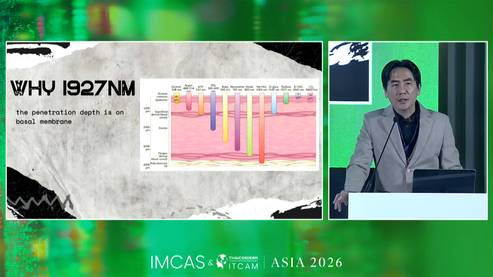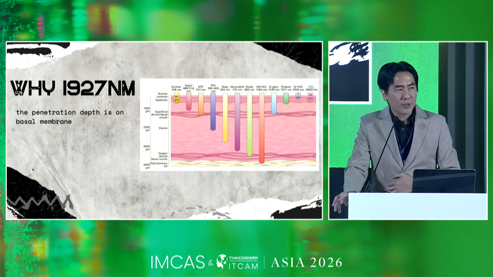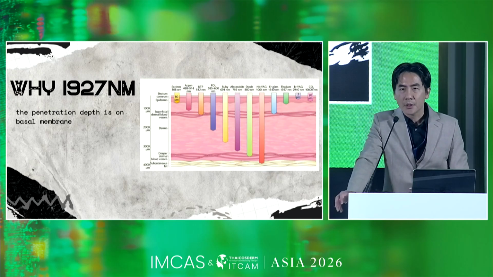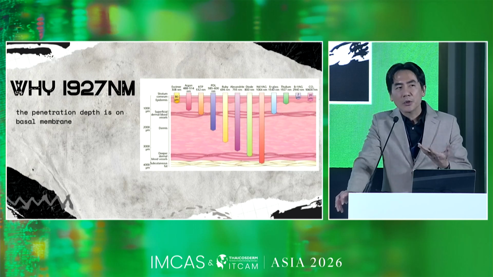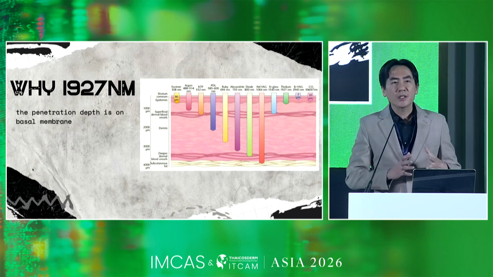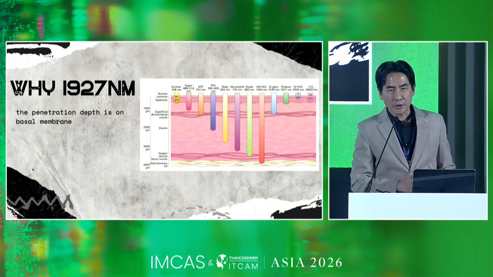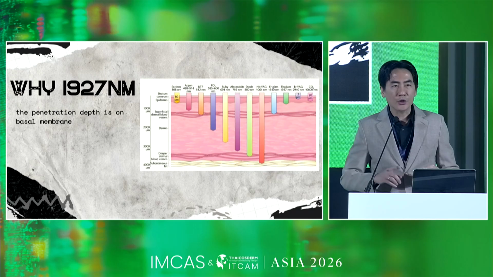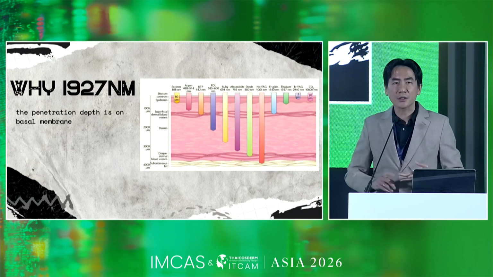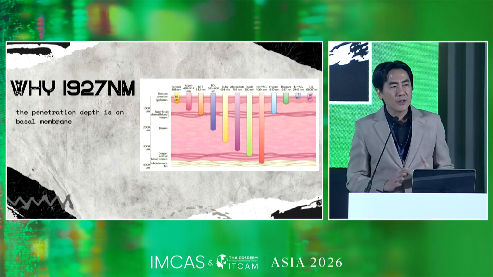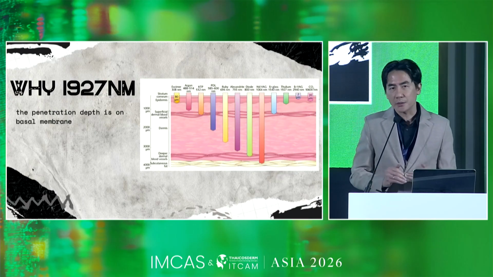But why? Lately, I use thulium the most compared to the CO2 and erbium because of the depth. I'm going to start with the erbium first. Erbium is very, very sensitive to water. That's why erbium can only work on very superficial layers. It's good for pigmentation, resurfacing, and fractional treatment for acne scars, but only for the superficial layers, because it cannot penetrate deeper than the basal membrane,